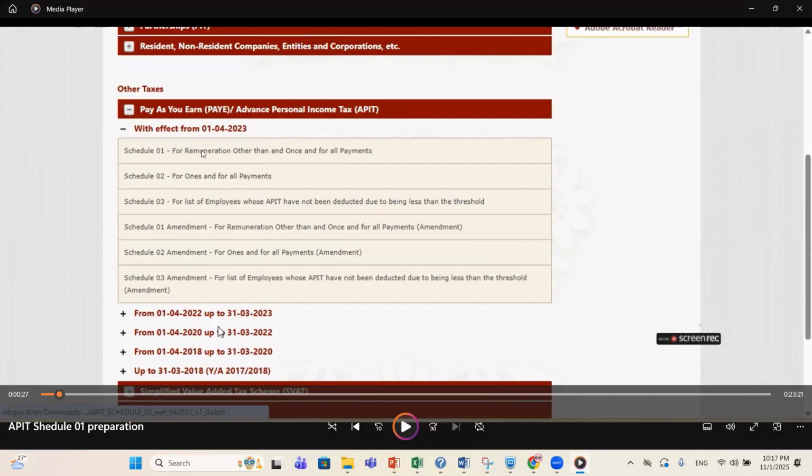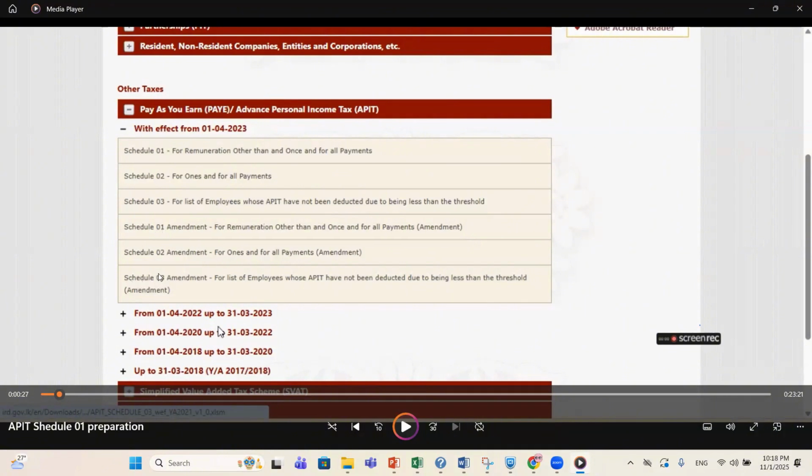Schedule 3 is for the list of employees whose APIT has not been deducted due to being less than the threshold, and then 1 amendment, 2 amendment and 3 amendment.